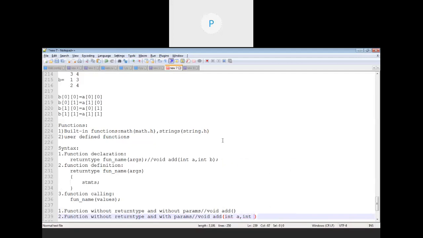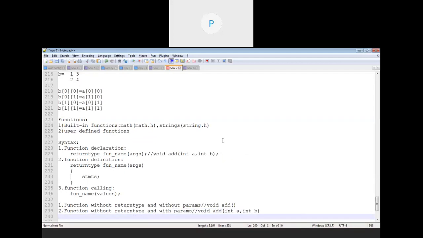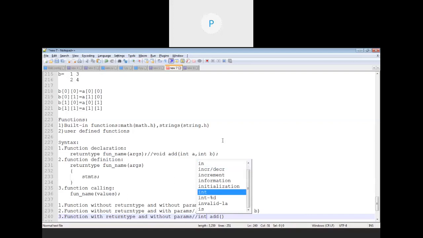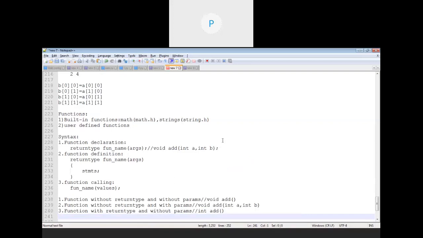I will represent the same function in all four ways. Then we have the option to create a function with return type but without arguments, like int add with empty parenthesis.